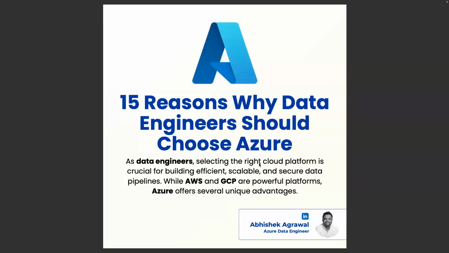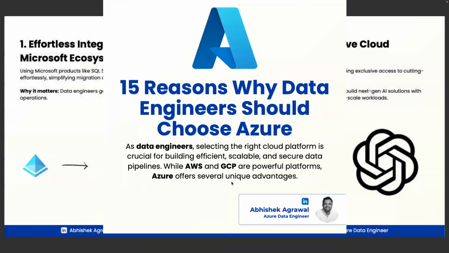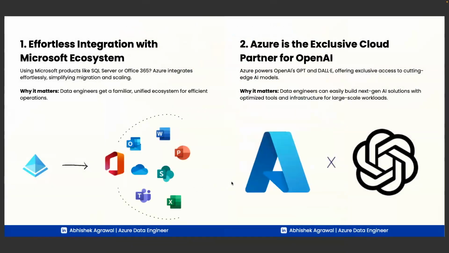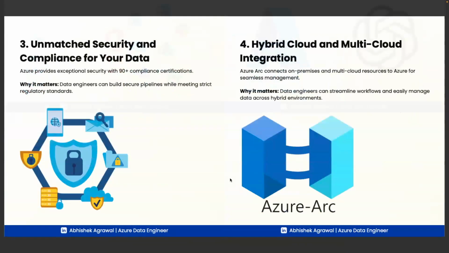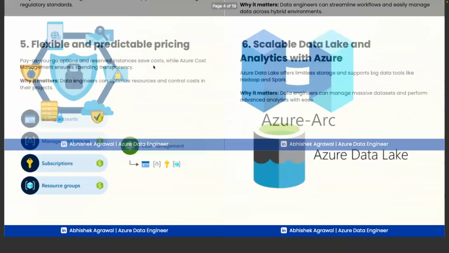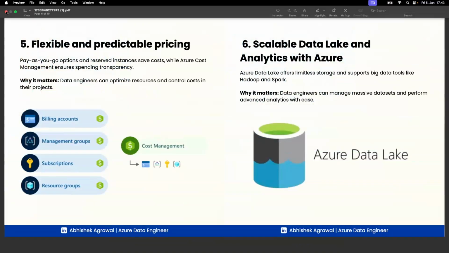So here, for all data engineers, selecting the right cloud platform is crucial, while AWS and GCP are also good. But Azure has its own advantage because Microsoft has good integration with Office, and every company uses a Microsoft product, and they have a very good investment with OpenAI as well. And I have many points to prove why Azure is better. But again, I will say that you will find this